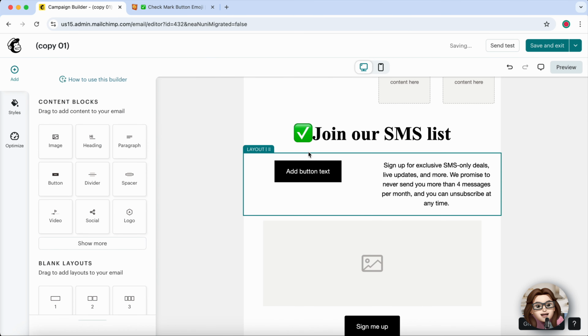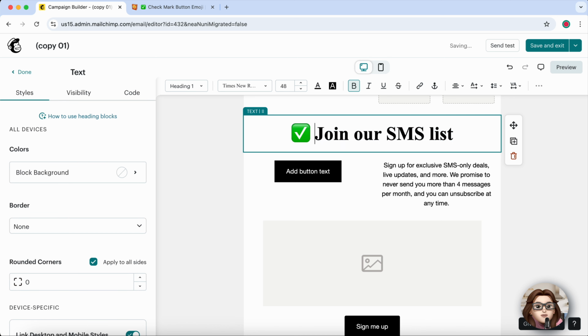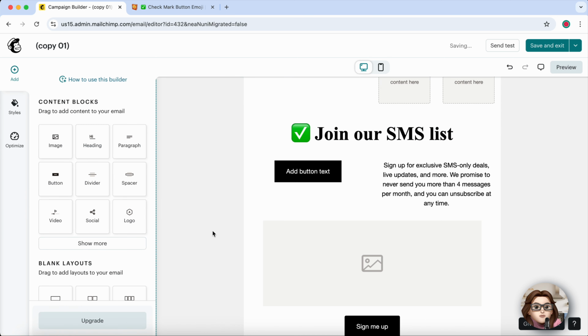Before sending, preview your email on both desktop and mobile to make sure the emoji displays correctly. A quick check ensures your message looks polished and professional. And that's it. You've added emojis to your Mailchimp campaign, a small touch that makes your emails more eye-catching and